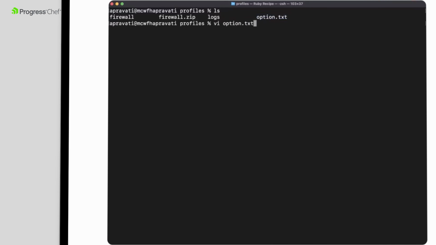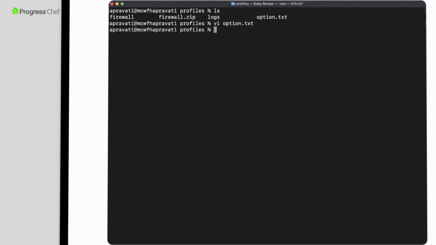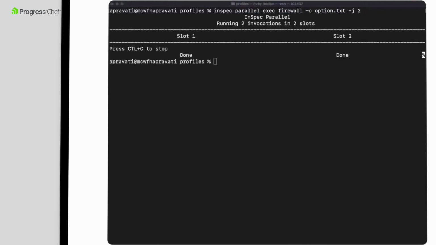Details of the remote machines are provided in a text file, which will log its output to two separate files, ruby-results.out and YAML-results.out. In addition, environmental variables can be leveraged while working with Inspec Parallel. The Inspec Parallel exec command will run the firewall profile against the nodes mentioned in the text file. Two separate threads are running in parallel against the two target machines, the results of which are logged into the